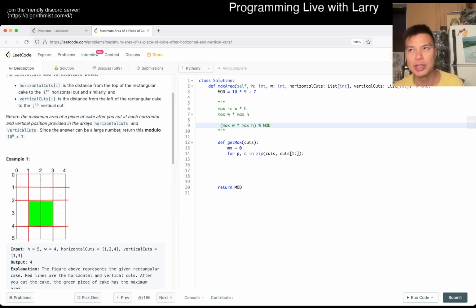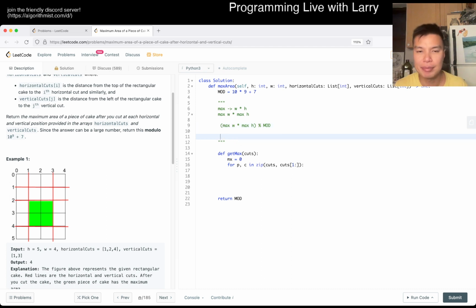You have to make sure that you don't keep track of the max after mod. Does that make sense? For this problem it's easier to see and understand why, and we'll go over it in a second. But you have to be careful because it does come into play in other problems, and it can bite you if you're not careful with that. What I mean by that is that